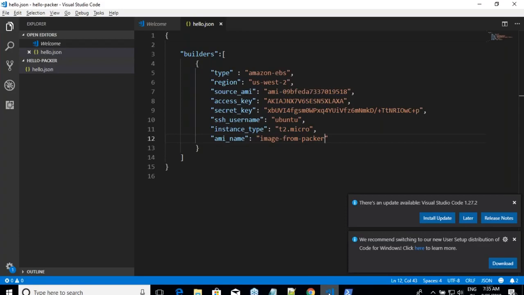So please never ever commit your secret key and access key into your GitHub. Am I clear? This is especially for the people who have learned how to do it in Git, right? So it is not a good practice.